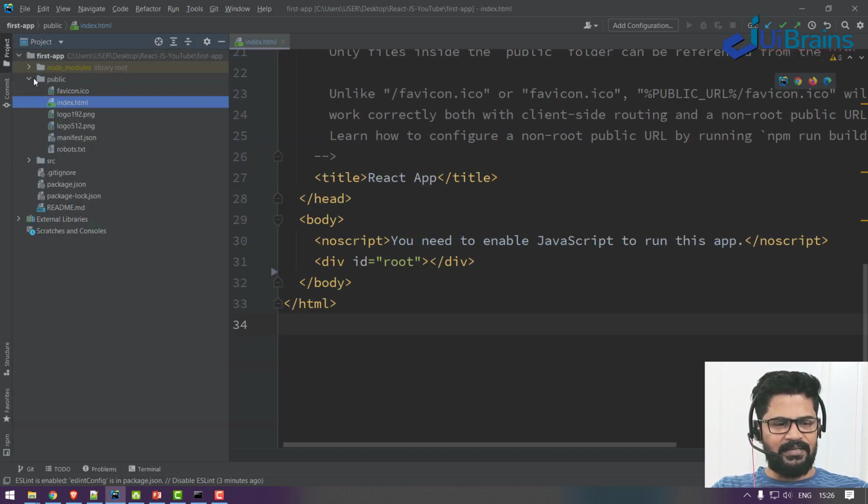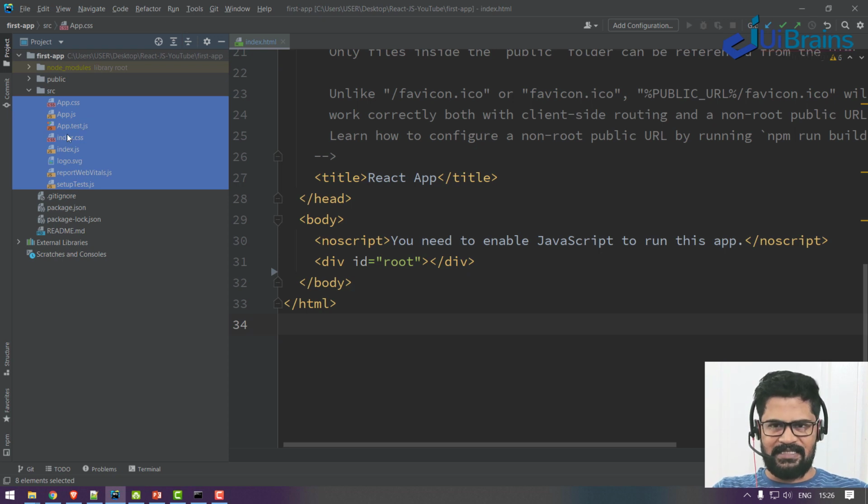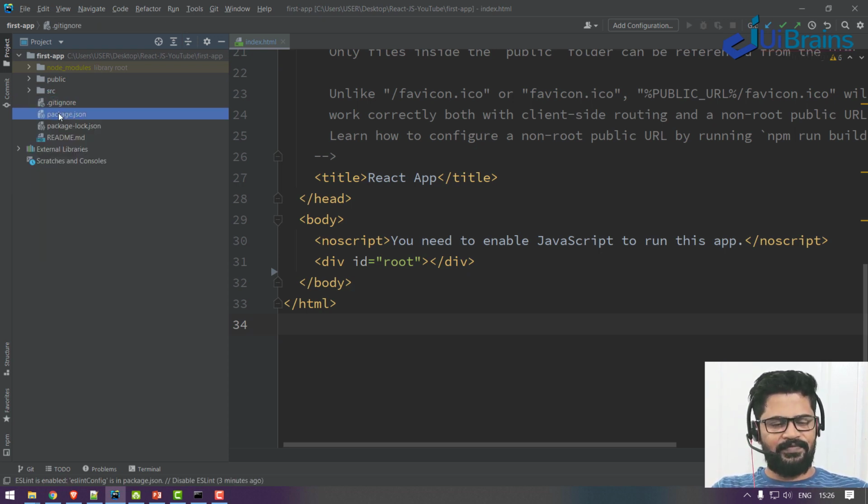Okay, so the public folder, and then the src folder. The src folder means your source code. Any application, any components you develop, will generally be in the src folder, which contains a lot of files. We'll see the file structure a bit later. And then a few other files. One is .gitignore. It is GitHub specific. Then package.json. This is your application's configuration file. Your commands will be there, like npm start, npm run build, and what packages are involved in the project. Every piece of configuration information about a project is in package.json.